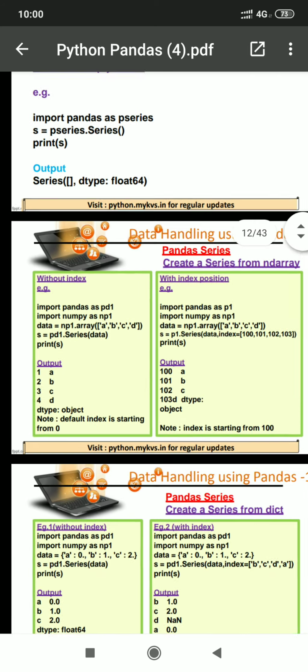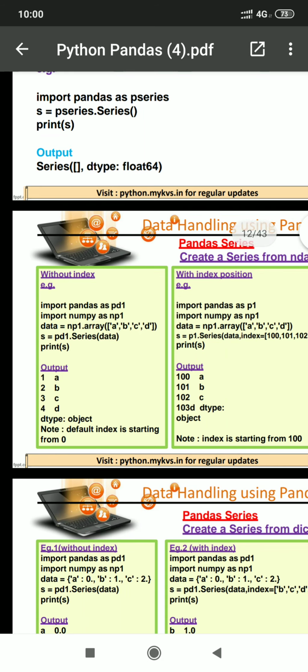So we started with this slide. The first program was without index position, and we have practiced many programs without index position. One more program is given here with index position.